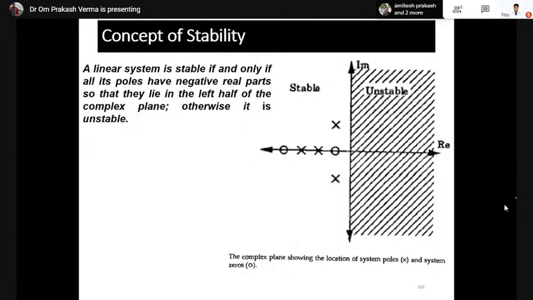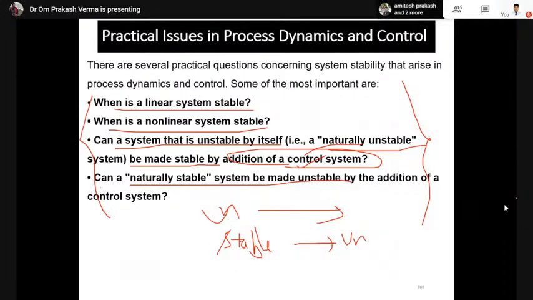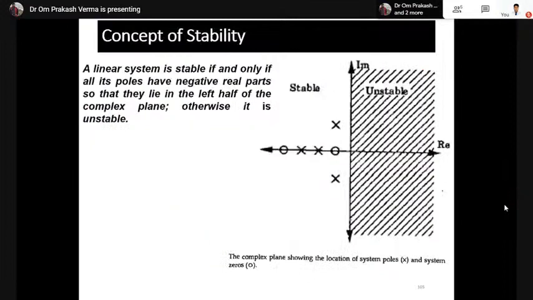Now, in terms of the pole-zero system, how is stability customarily defined? It is a very basic, very raw definition, but the basic concept is always beneficial. So the concept of stability is defined here as follows: whatever poles you find, if the poles are lying in the left hand side, then the system is said to be stable.